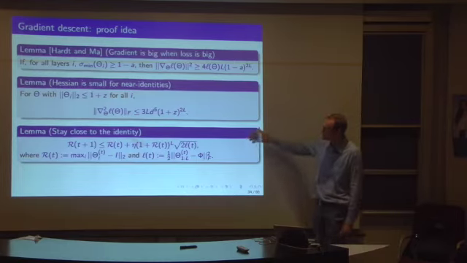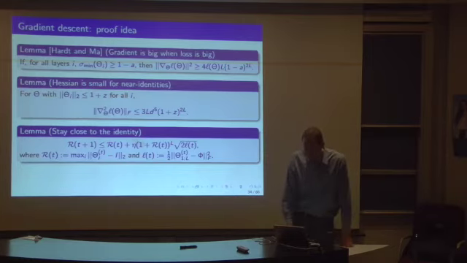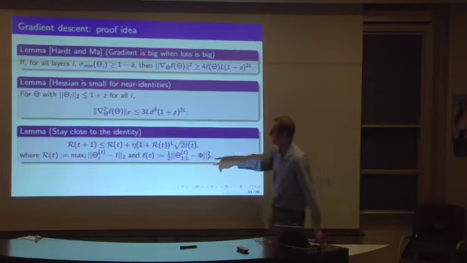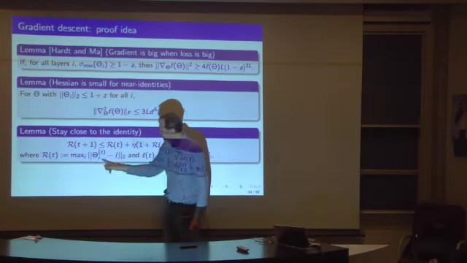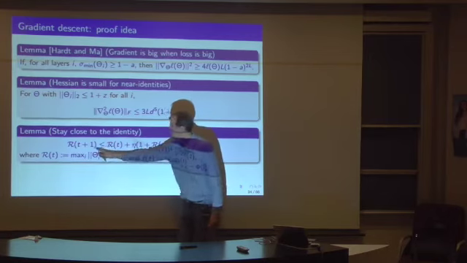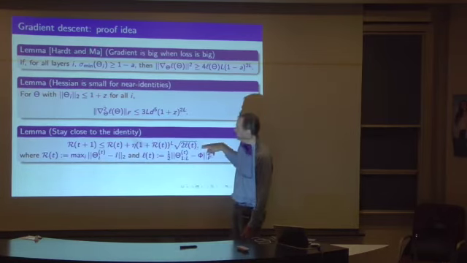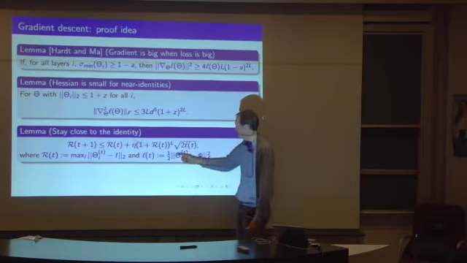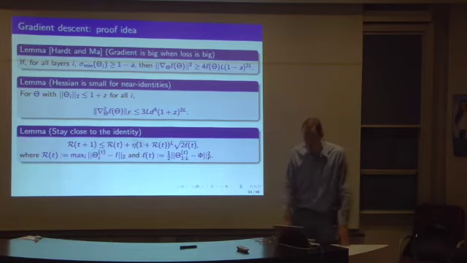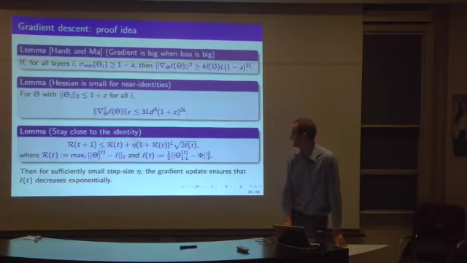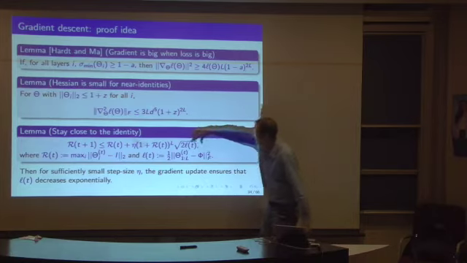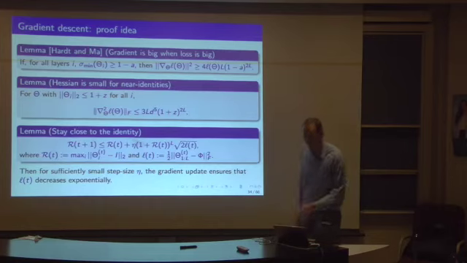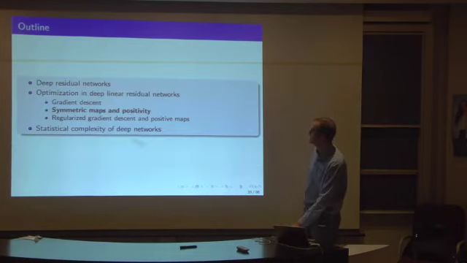And there's an extra piece: we need to do an inductive argument to show that we stay close to the identity. The worst case spectral norm difference between a Θ_i and I is this quantity R_t, and we can show it evolves according to an inequality that says it doesn't blow up too much as long as you're not too far away from the least squares solution. So you pin all those together and show that we get this rapid decrease. That's for this term starting off no bigger than some universal constant.